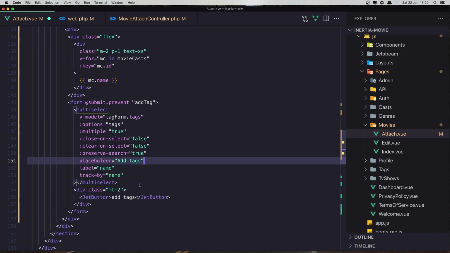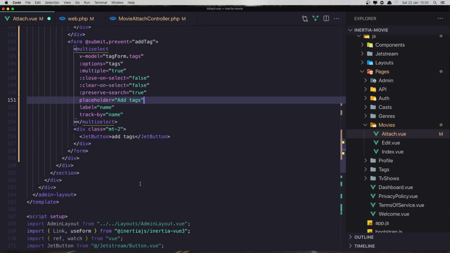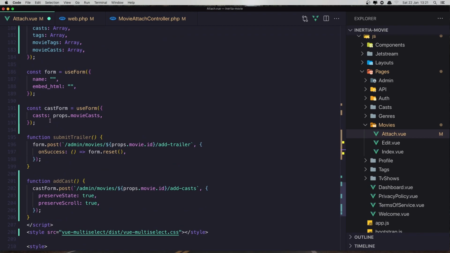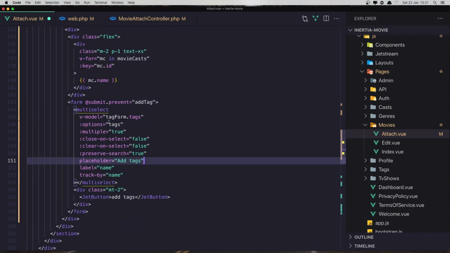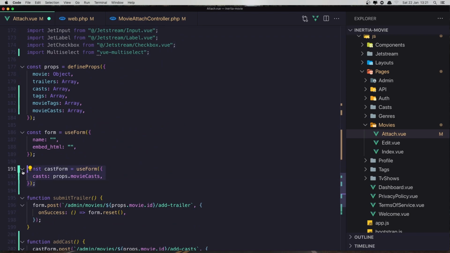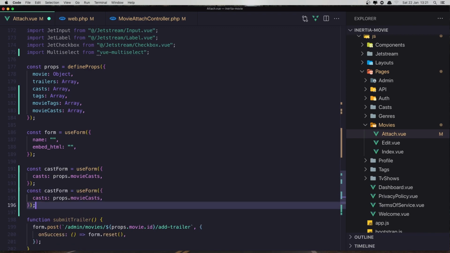Okay, tag form. Now we need to create one for the tags here and also one form for the tags. So we have here tag form. So is a cast form, copy and paste and say here,